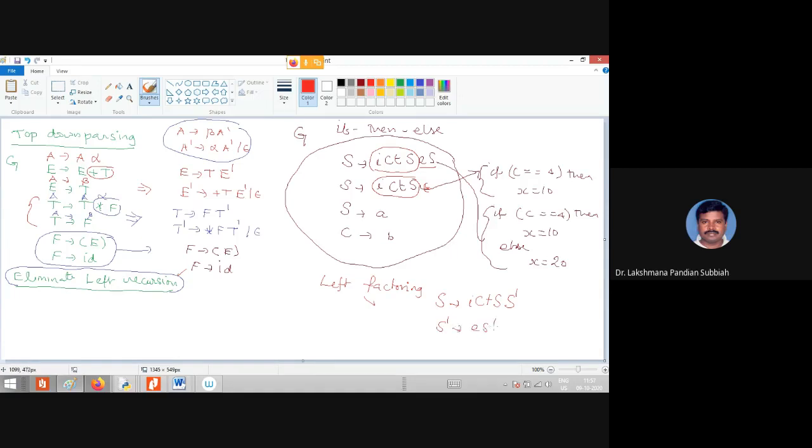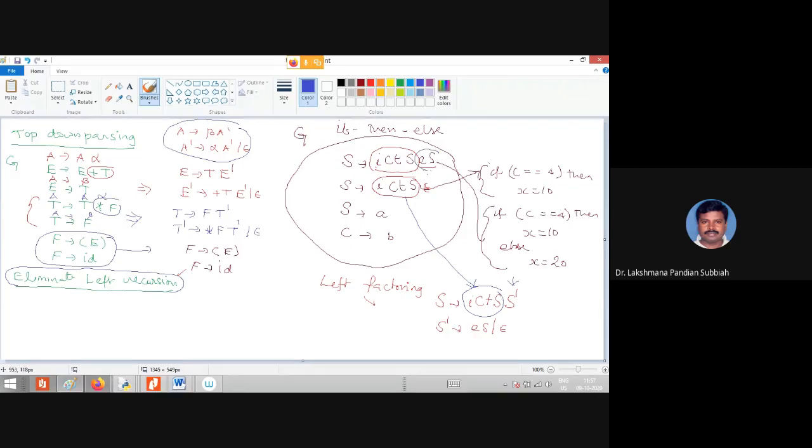So we take the common substring and introduce a new non-terminal S dash. This is the common substring. Now you put S dash with the remaining parts.